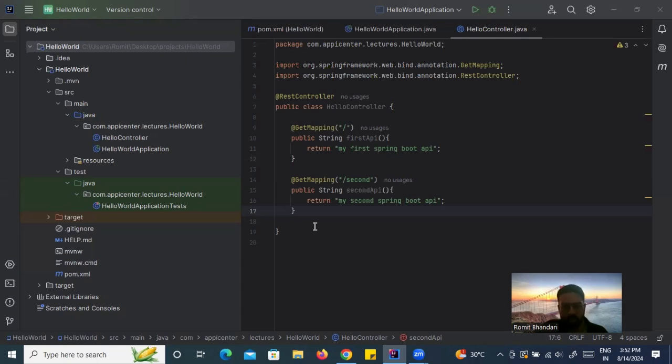Okay, so I think we have already reached a point where we are able to create a very basic RESTful API, a GET API with Spring Boot project. Now, in that same project, what I'll do is I'll create a controller, service and repository combination, which is the general flow when we are trying to do,